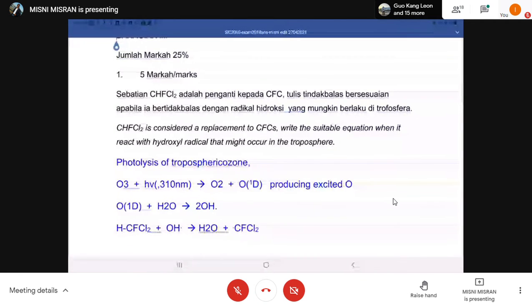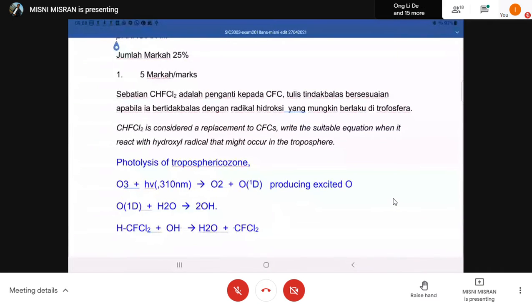Write a suitable equation when it reacts with a hydroxyl radical that might occur in the troposphere. So the question is, you have CHFCl2, right? You have the CFC, right? Whereby, if we take a look at what happened